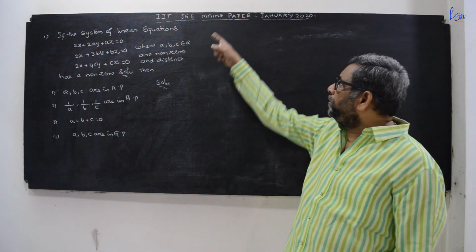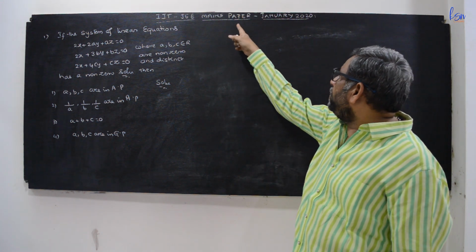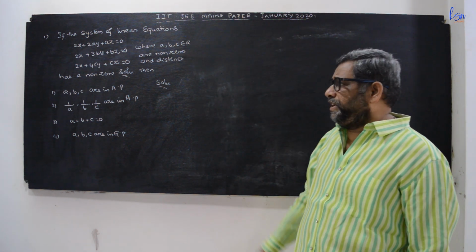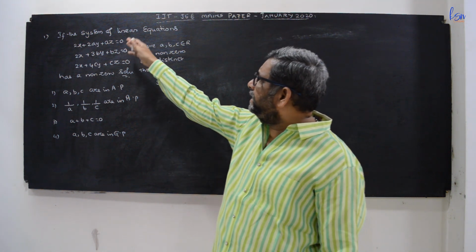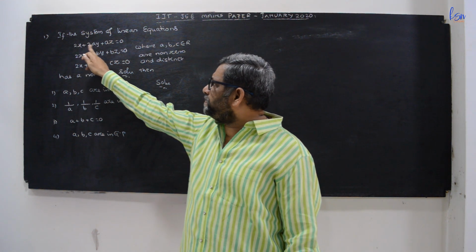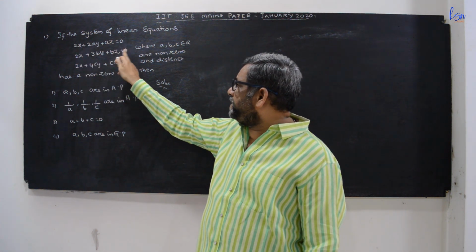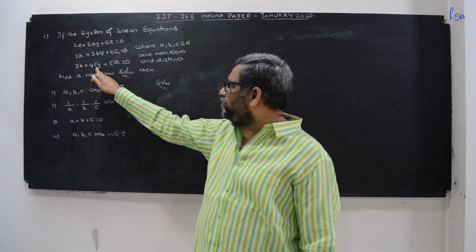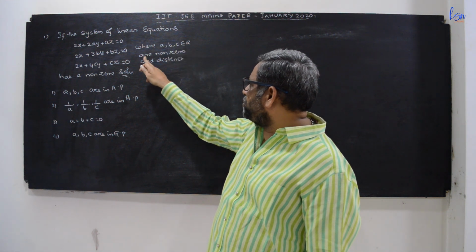Today we will discuss one of the Mains papers held in January 2020. The first question is: if the system of linear equations 2x + 2ay + az = 0, 2x + 3by + bz = 0, 2x + 4cy + cz = 0, where a, b, c belong to R